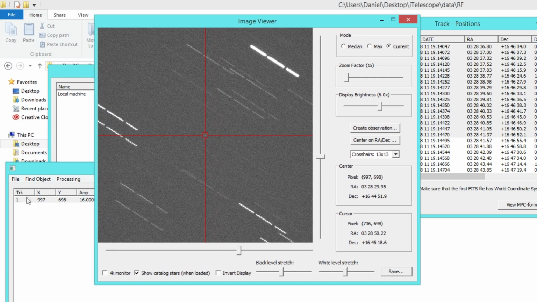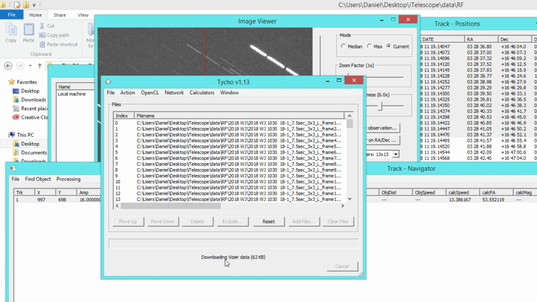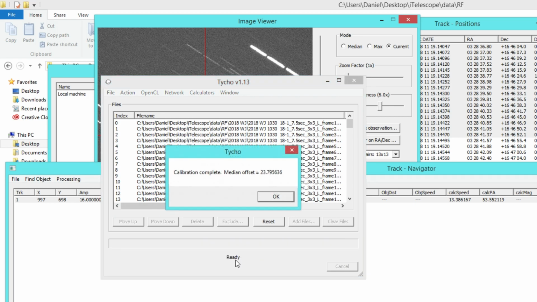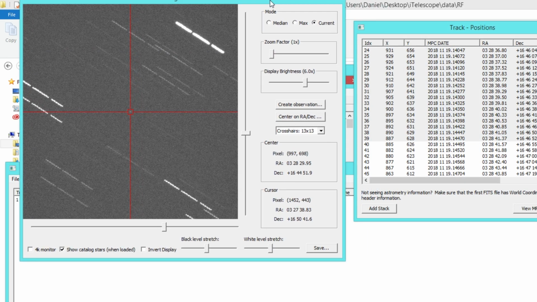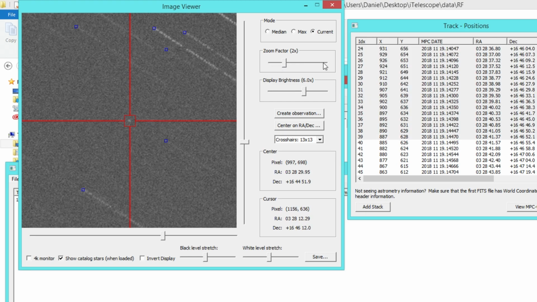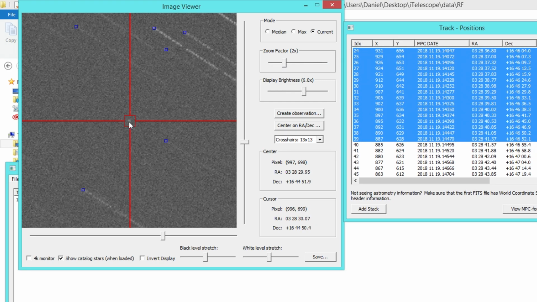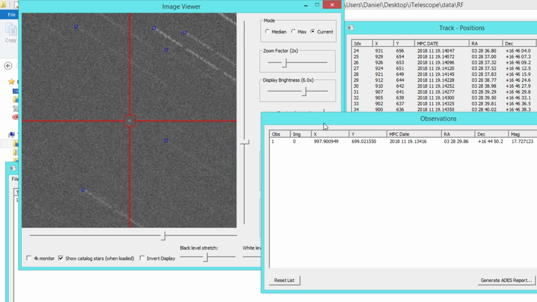Oh, and before I do that, let me go ahead and load up the star catalog. So I'm going to get the Vizier connection. Alright, so we have a star catalog, and that enables me to go ahead and create observations. Alright, so again, this is a stack of 40 images, so I'm going to double click create observation. So that's my first observation right there,